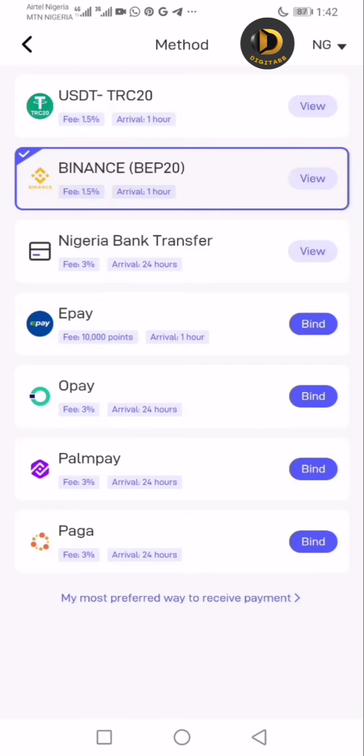For example, PalmPay, OPay and bank transfer automatically go to your local bank. Your Nigerian local bank if you are a Nigerian. But if you are from other African countries or other countries, it will be your local bank in your country of residence that will be showing. Okay, so that being said,